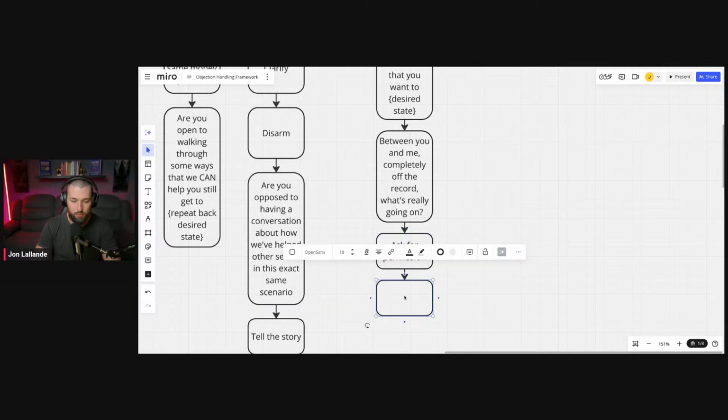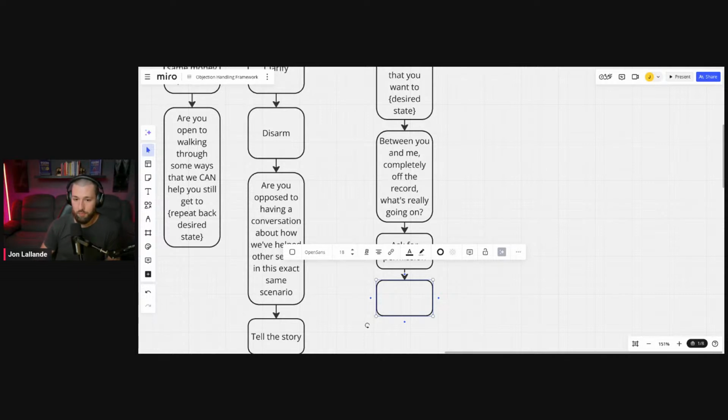So this is what's really helpful here. If you need to be super blunt with the seller, but you don't want to disarm them, use a third party. Use a third party to tell a story. So I had a seller, her name was Sally. And she was kind of in a similar situation. Like she bought a house she couldn't afford. She started to get behind on payments. And then she was in a situation where she was going to lose the house.